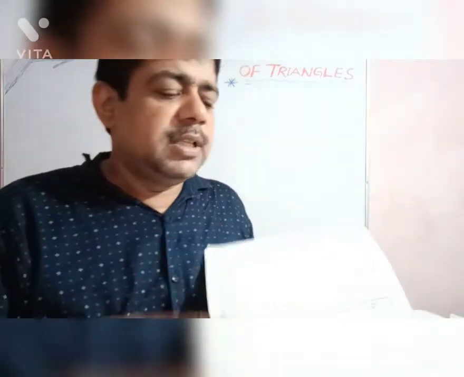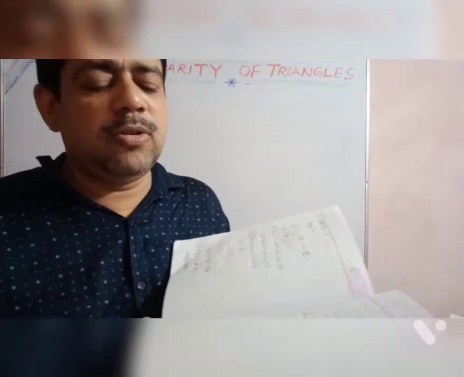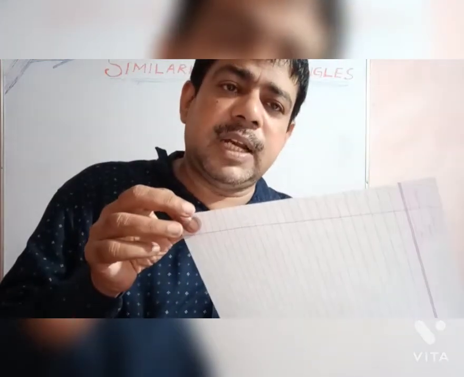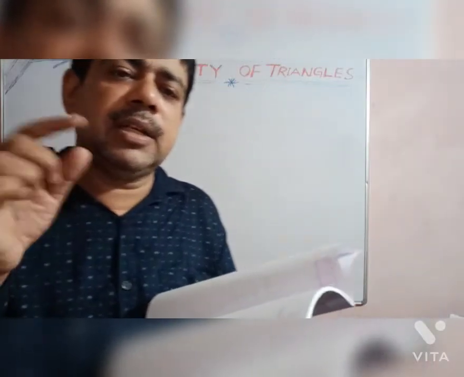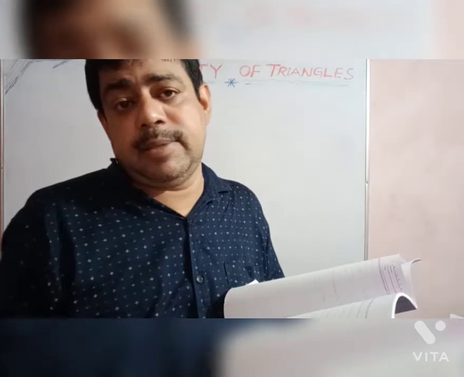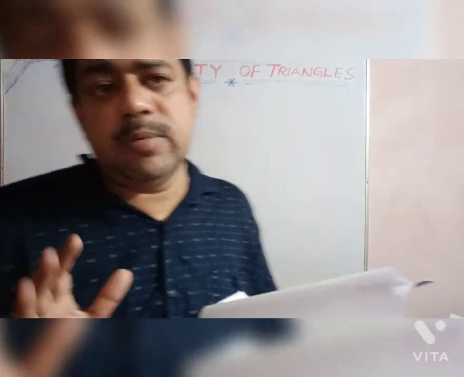Here you see the pages of a notebook. All the pages of the notebook are congruent, yes or no? They are congruent because the shape of each page is a rectangle, and the length and breadth of every rectangle are the same. Their corresponding sides are the same, that's why they are the same size. Here is the concept of congruency, all of you know.